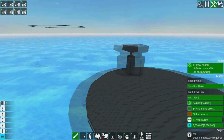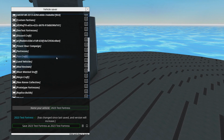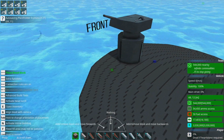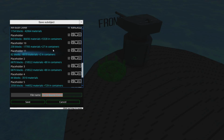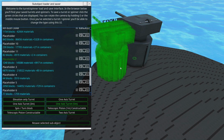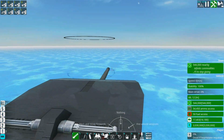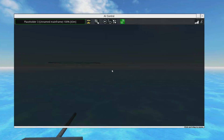And let's see if this... Let's save this as a placeholder. Let's save it as placeholder 3. Also, just to show you how expensive this turret is, let's save it as placeholder 2 here. And yeah, 145,806 materials. Yeah, pure railgun. It's expensive. This lone turret is more expensive than a lot of ships, so...